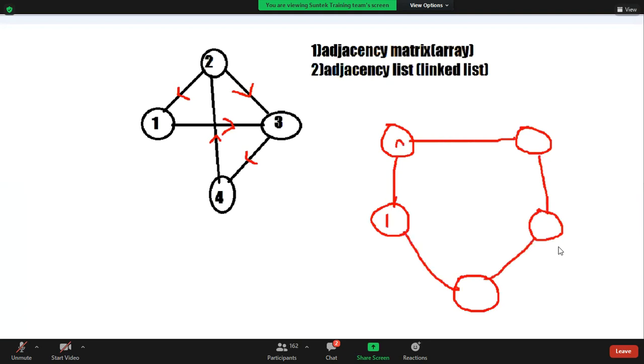This is 1, 2, 3, 4, 5. For example, if I give 4, this is distance. For example, distance between these two, 2 kilometers. Any units, guys, here? Units, 4.